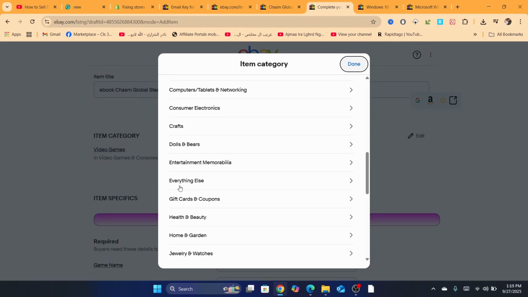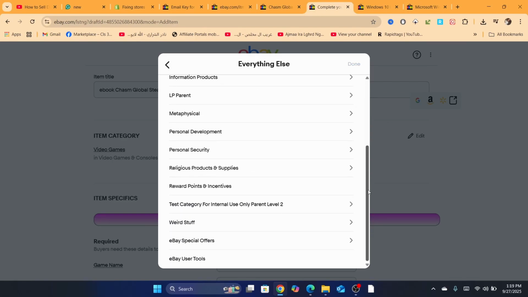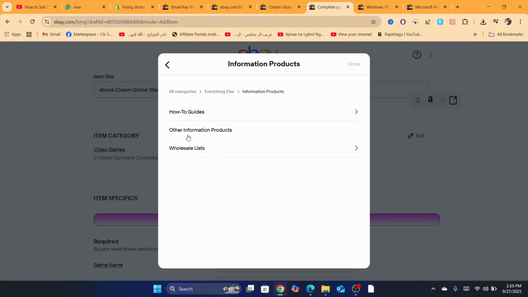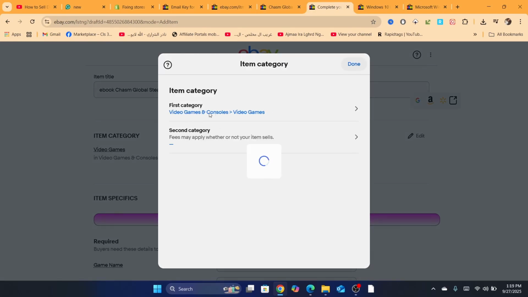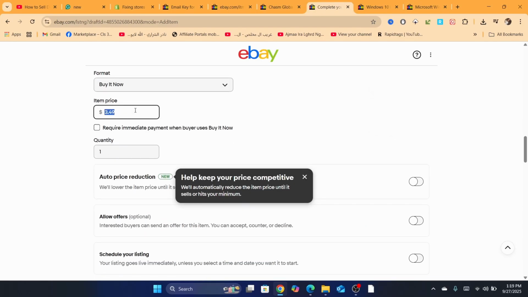The item category should be everything else, okay? And after that you want to scroll down a little bit and click on information products, and after that click on other information products. That's exactly the item categories you should select. And after that you want to scroll down, and then add here the price of the item,